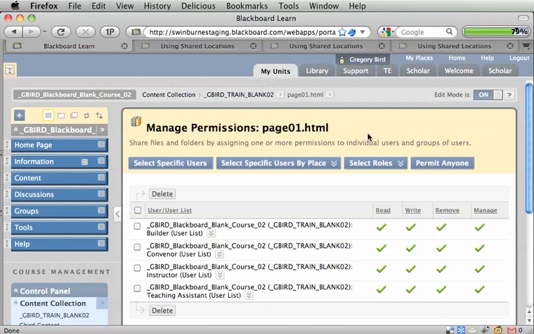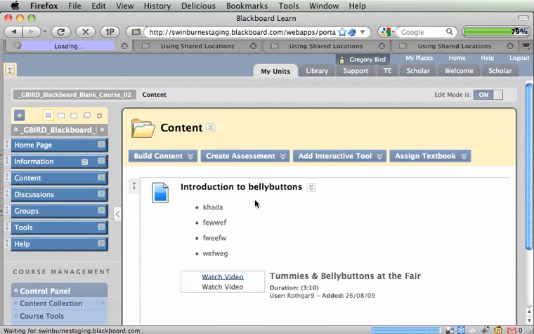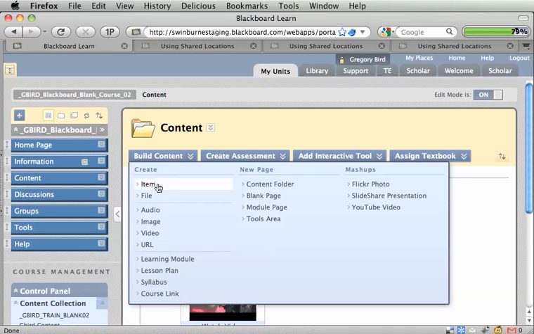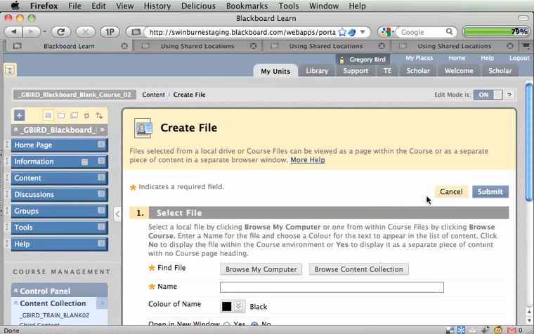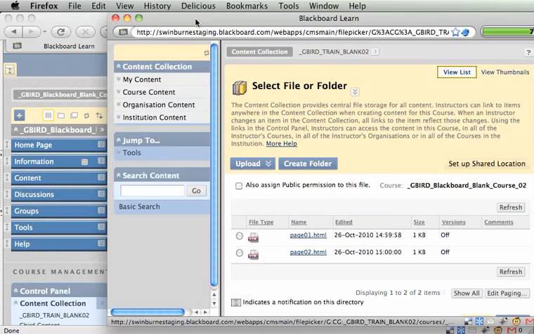So I guess the experience here is that once those files are now within the file system, you can begin to add them to your content, and you'll be able to find them in your existing content collection there, and arrange them into the content